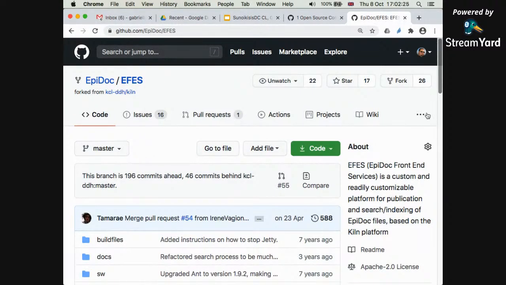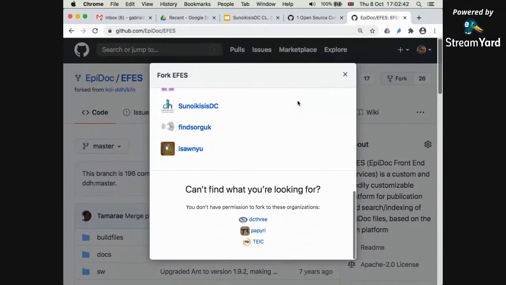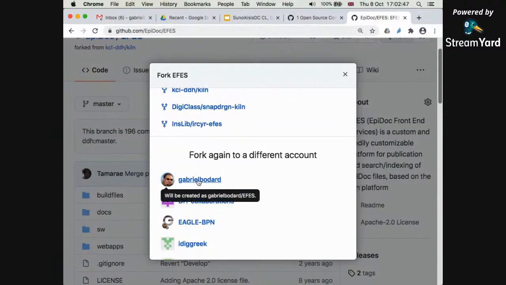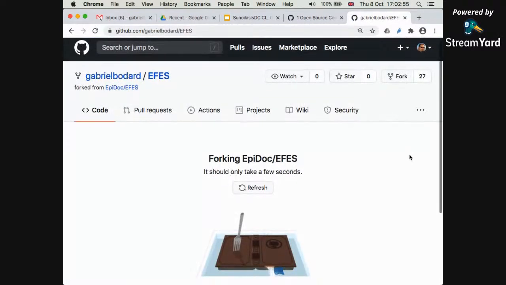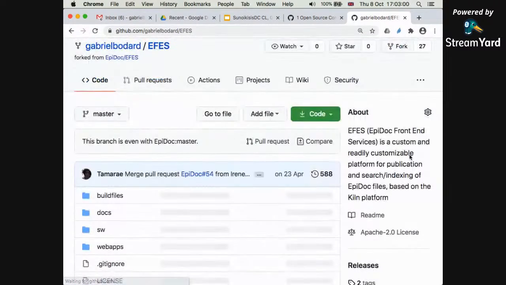So from here, if you go to the main page on GitHub for the FS repository, for now this is just an example, there is a command up here on the right which is fork, and you can fork it to any one of the accounts that you have access to. And most people are going to have their named account as the one they'll be interested in. I happen to have access to several other accounts, but I simply click on this one because that's the named account I want to fork it into. And as easy as that, it's now forking it for me. And in a few seconds, this will appear.